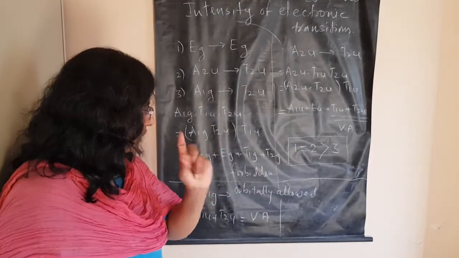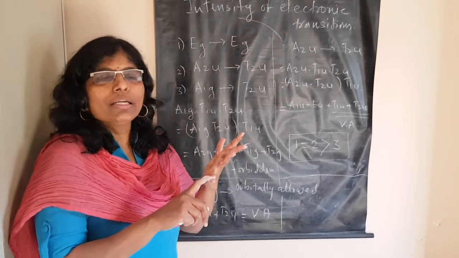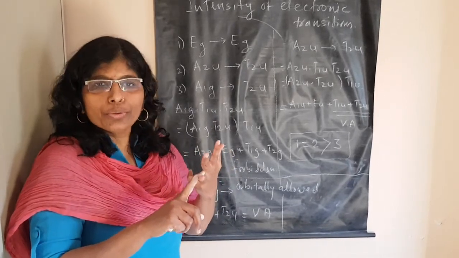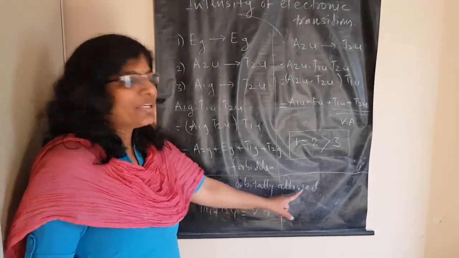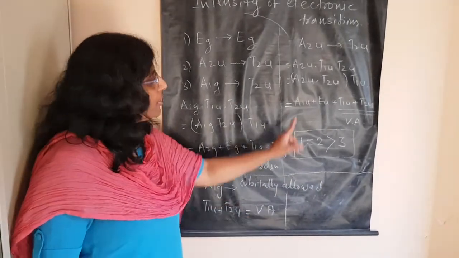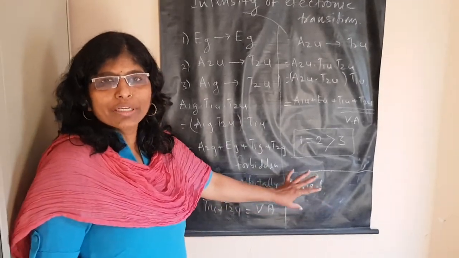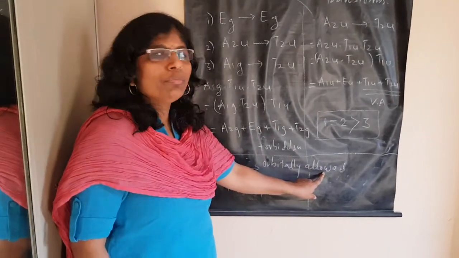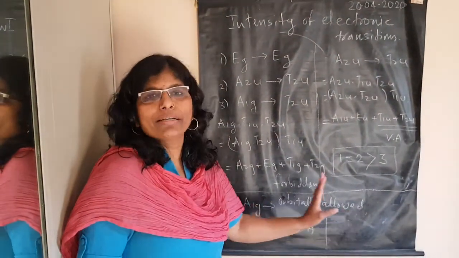Now you have to keep in mind four things. First, geometry: if it is octahedral geometry, the dipole moment vector will be T1u; if it is tetrahedral geometry, the dipole moment vector will be T2. If A1g comes as one of the Mulliken states in the answer, then the transition is orbitally allowed and will be more intense. If there is T1u and T2u, then it will be vibronically allowed. And if neither is in the answer after doing the product using the direct product table, then the transition is forbidden. Keep in mind, orbitally allowed transitions are more intense, then vibronically allowed, and lastly, the least intensity is for forbidden transitions. That's it.